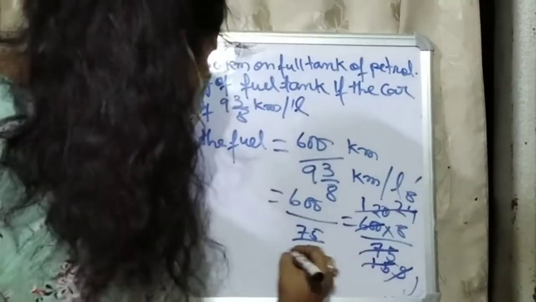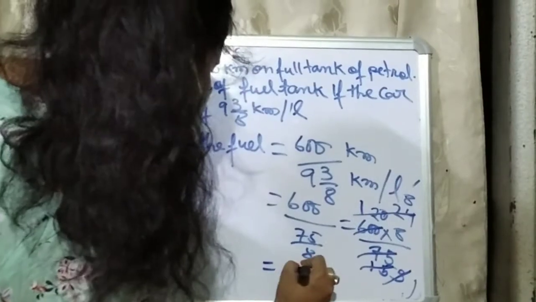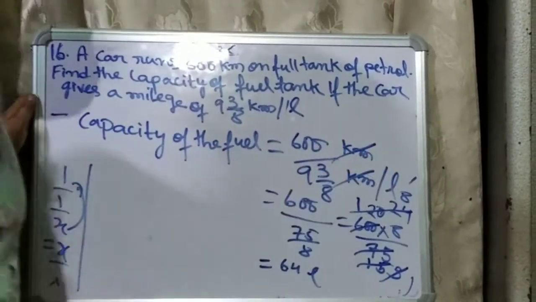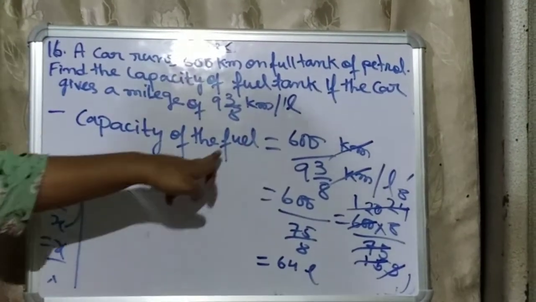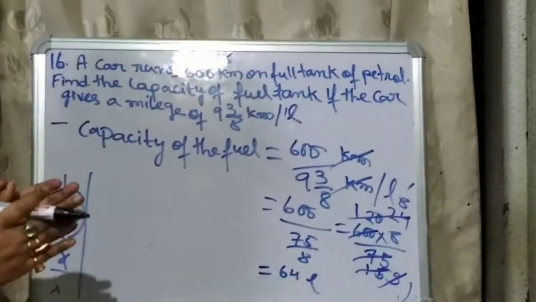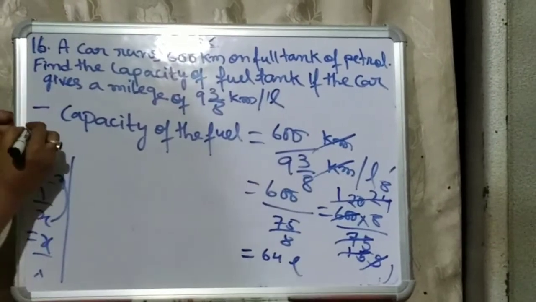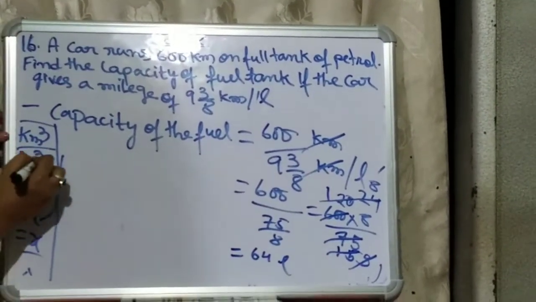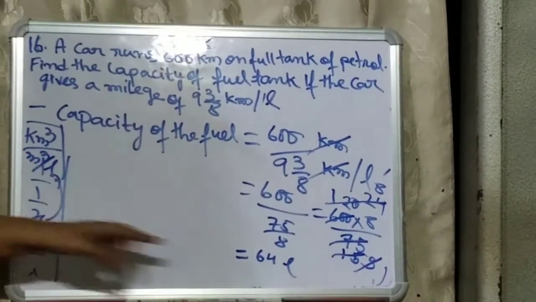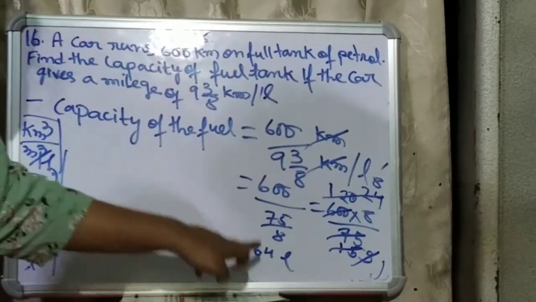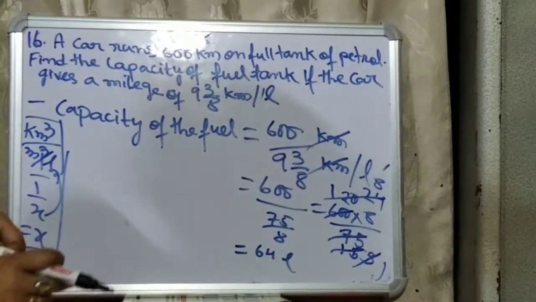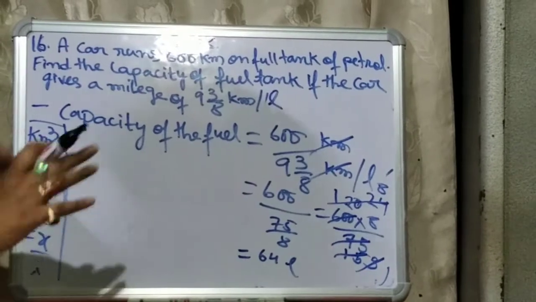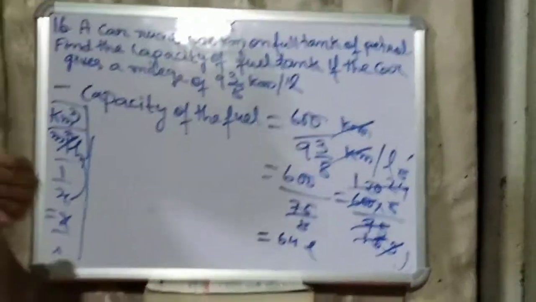Now 8 into 8 how much? 8 into 8 is 64 liter. Okay, and this kilometer and kilometer is cancelled. So capacity of the fuel, capacity means the volume. Volume is either expressed in unit kilometer cube or meter cube or in liter. So you have got the capacity how much? 64 liter. Therefore the capacity of the fuel is 64 liter. Okay, with this I have completed this